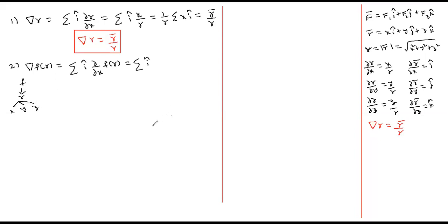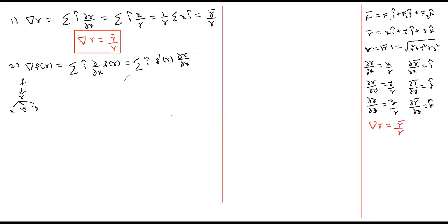And I gave you chain rule in previous semester. What is chain rule on partial derivatives? Dou f by dou x: start from root, reach to the leaf through all possible paths. Whenever there is only one child, ordinary derivative; more than one child, partial derivative, I said. So when you are starting with f, this is df by dr into dou r by dou x. df by dr is nothing but f dash of r, multiplied with the dou r by dou x.